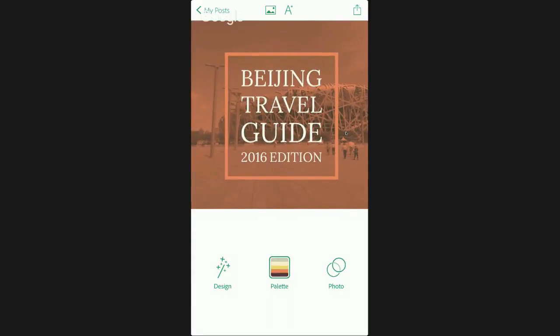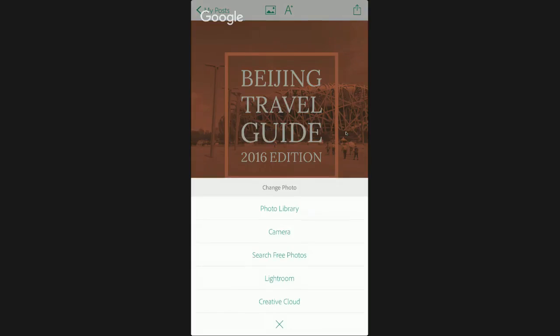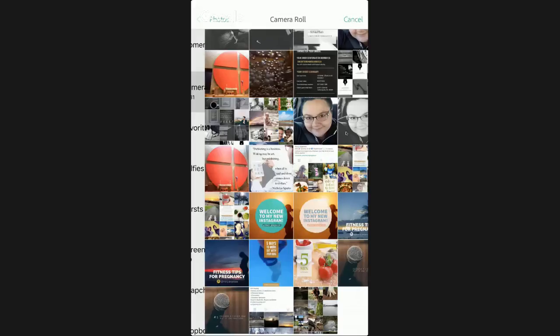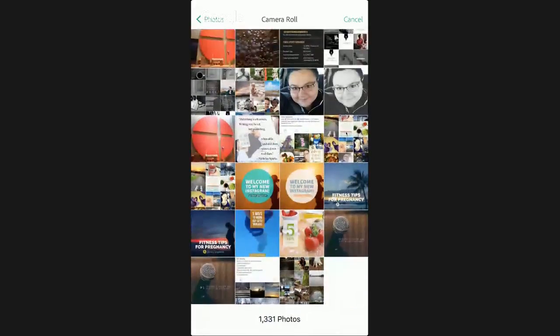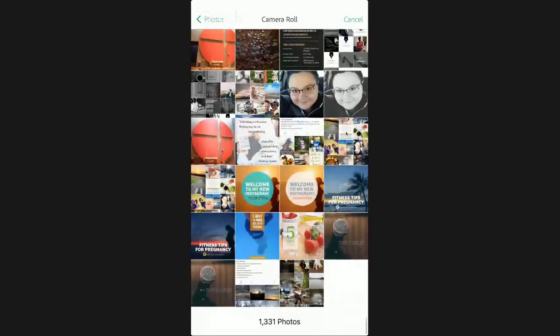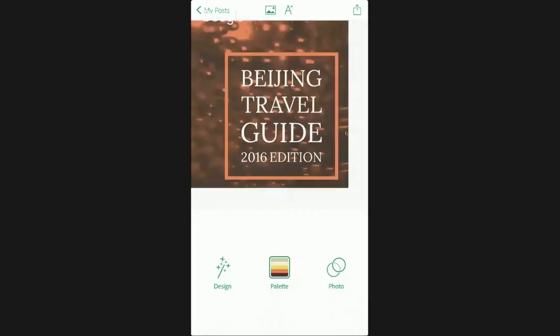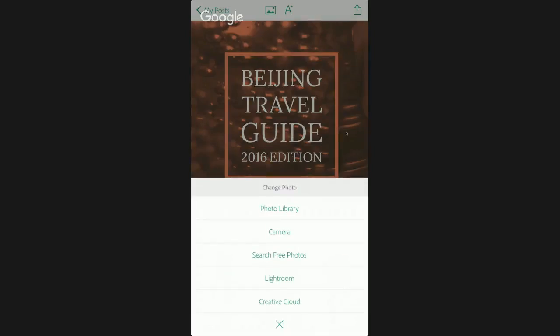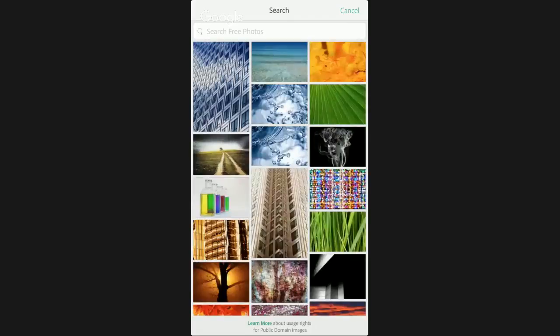And so the first thing I'm going to suggest you do is grab your photo. You can upload a photo from your phone, whatever photo you might want to upload. I don't know, let's say we wanted to use this weird sparkling water photo that I have on my phone. Or you can go to search free photos, and this gives you access to Adobe's stock library,